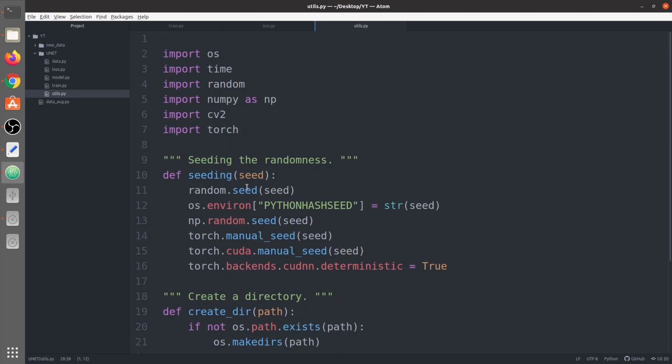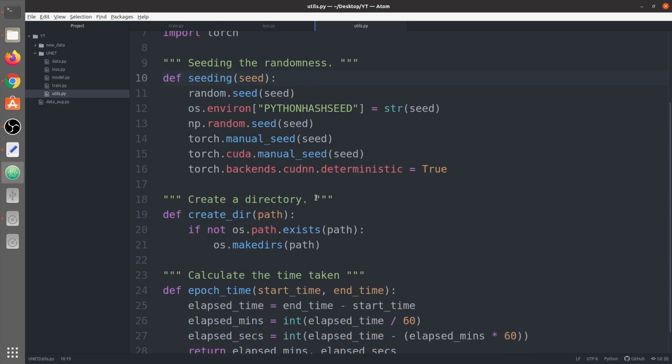So first is this seeding. So this seeding basically seeds the randomness. So while training we will seed the randomness, and we will use the same randomness for the testing so that we can have the same results. It is to make sure that the reproducibility is always there, because we are working with deep neural networks and there are variables which are always randomly initialized. So we don't want any randomness. We just want the same randomness to happen every time. That's why we seed the randomness here, to make sure that the same randomness occurs every time we run the test file. Okay, that's what we're going to build after the training is complete.